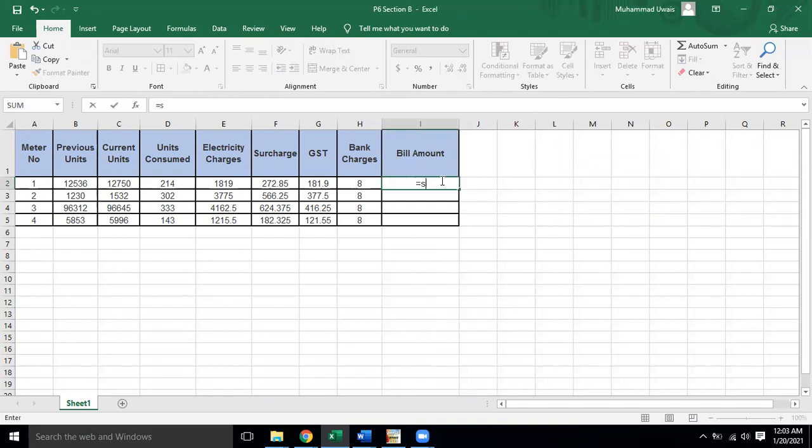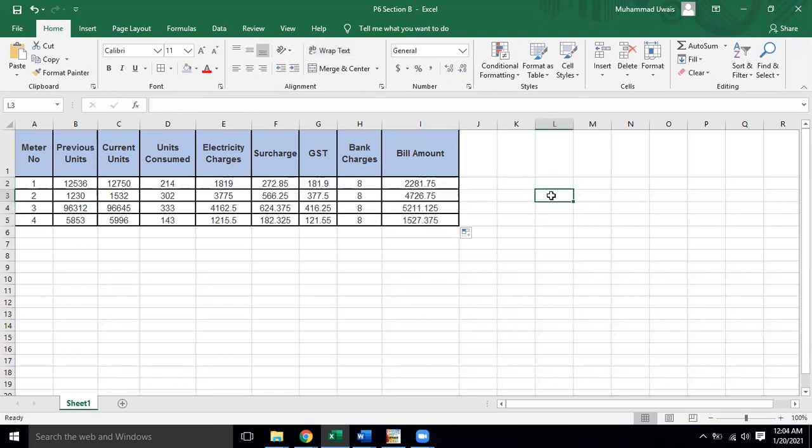Just like I am applying the sum function over here. These four things are required to make the final bill. E2 to H2. Close the parenthesis, press enter. Now you can see over here that the amount has been calculated.